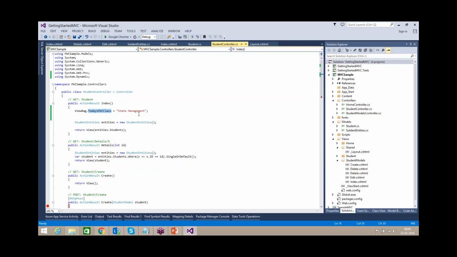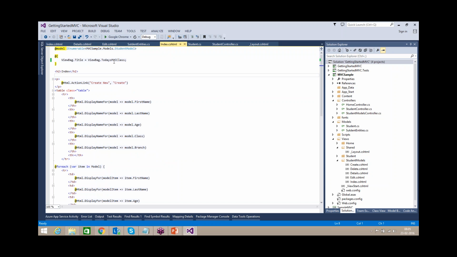At runtime that property's data type will be resolved and it will be used across your application. So based on that, C Sharp also supports dynamic objects from 4.0. Okay, if we run this page we can see today's MVC class. So this is page title, and here also you can take.